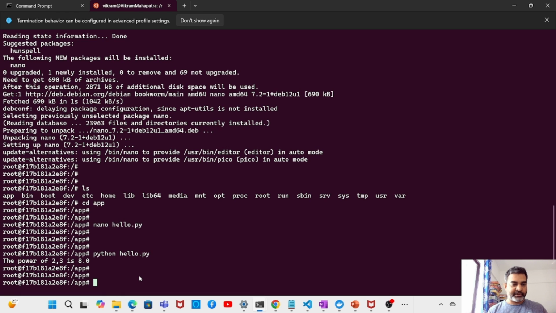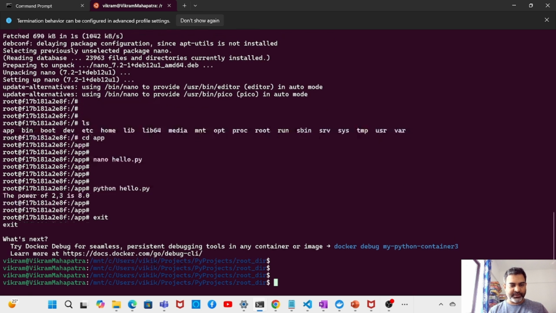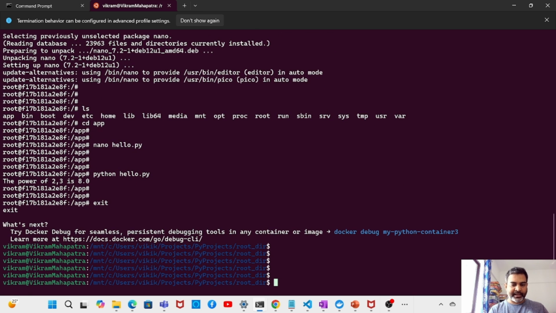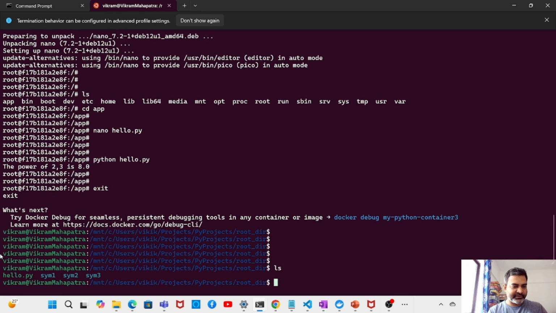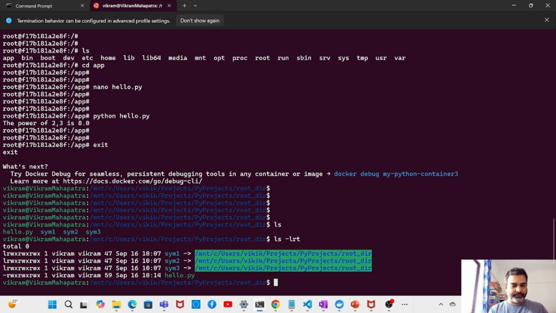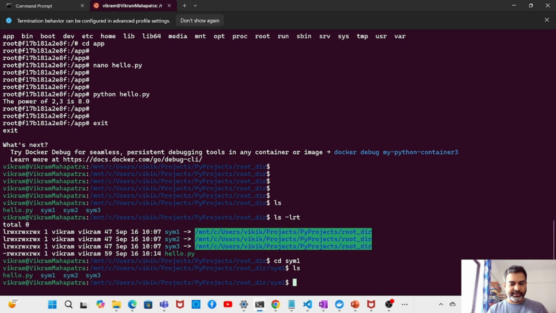So let me do one thing. I'm exiting from this container. After exiting my container, I'll just do ls. So I have this hello.py already created. Now I'll go to symlink 1, 2, and 3 to verify whether I have the same file created here or not. So I'm going to do cd sim1. Now if I do ls,